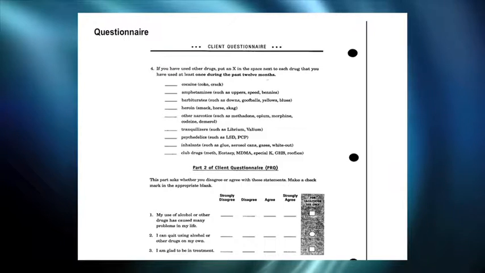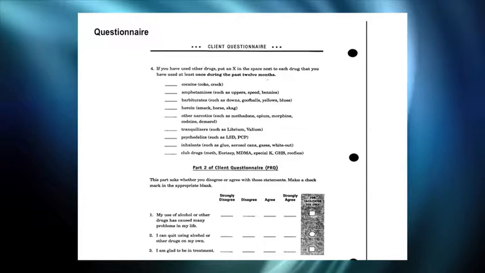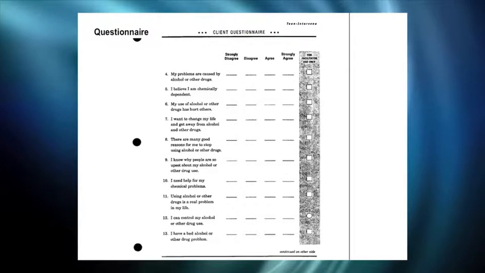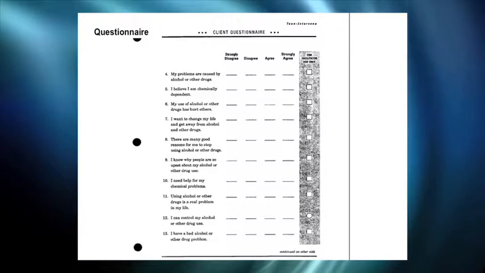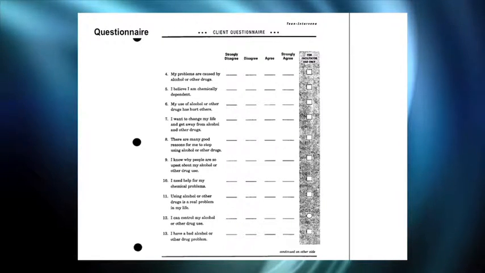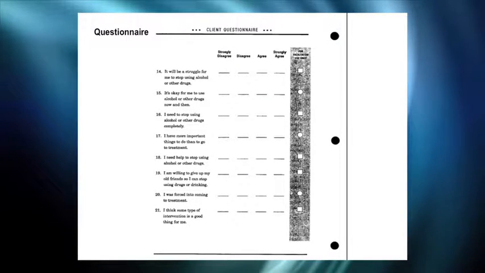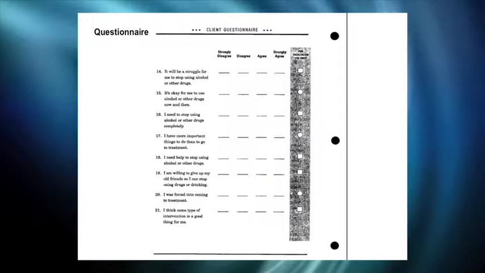But part 2 is the questions pertaining to sort of how much do you think you have a problem, how much you think you need help. It's 2.5 pages, all the way to 21. So you notice that you can score this and get a total score, but you don't have to. Because pretty soon I'm going to show you how to use the questionnaire and lock onto some of the key items and use those to guide an interview to get into discussion with a teenager about how much they might view their behavior as a problem, to what extent they might be willing to consider change.